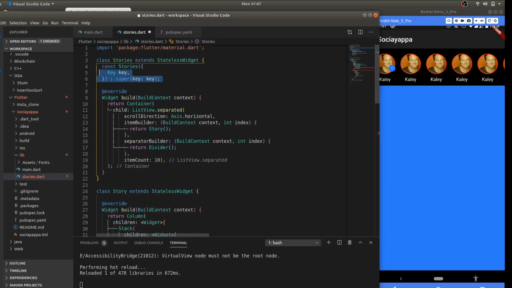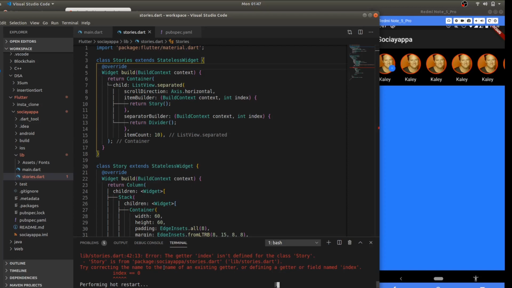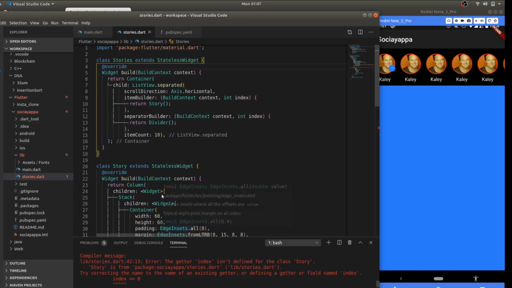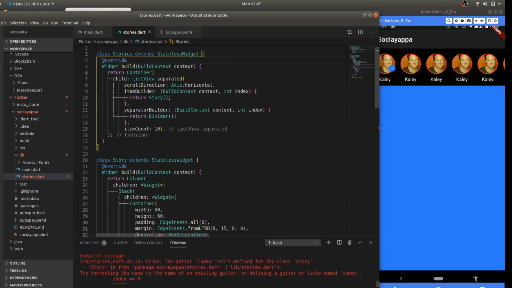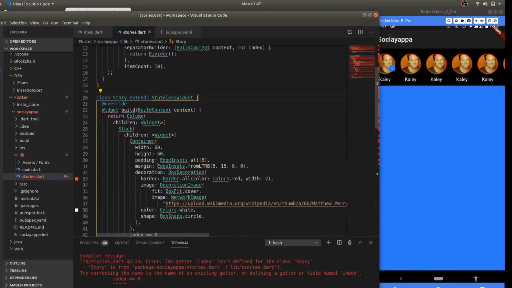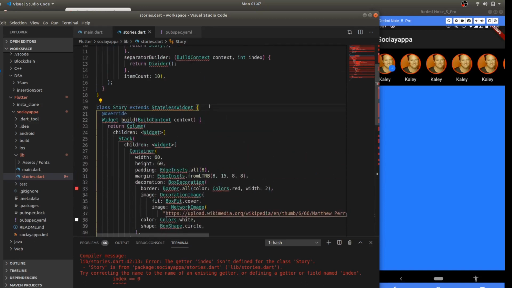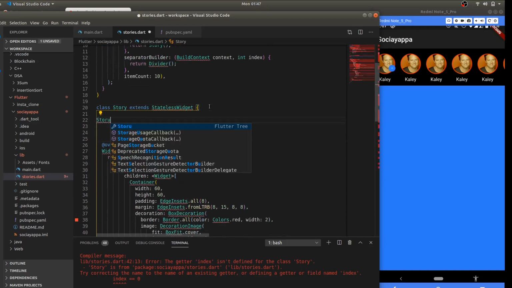So let's remove this thing from here. I'm even gonna remove this part, and let's just, okay, we got some error. Okay, so the thing is that it's not able to get the index, so we have to get the index, and we can get it by initializing a constructor for SingleStory,